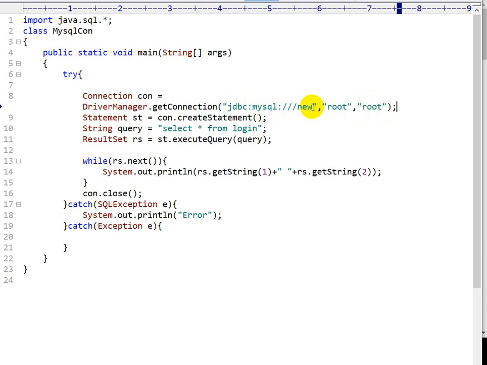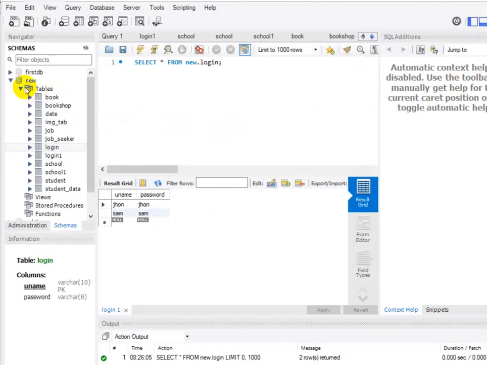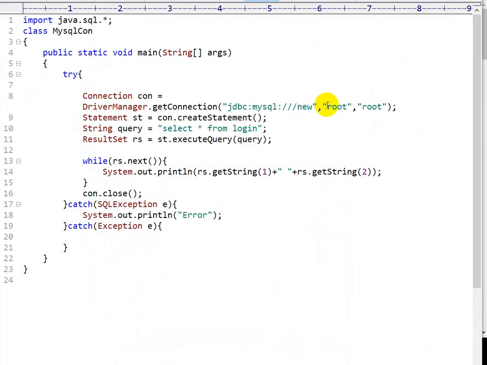This is the schema name. I have created here in MySQL a schema called new. In this schema I have a table called login. In this login we can see this is my data: username John and password John, username Sam and password Sam. So I have created a table in MySQL in a schema called new. You can give your schema name here.